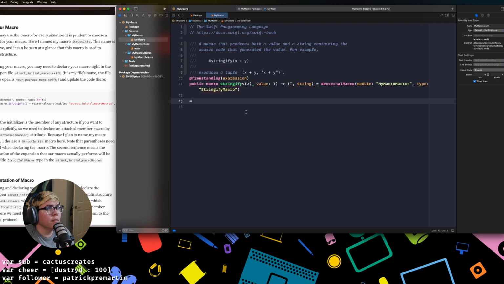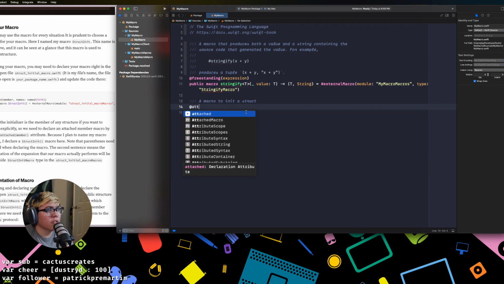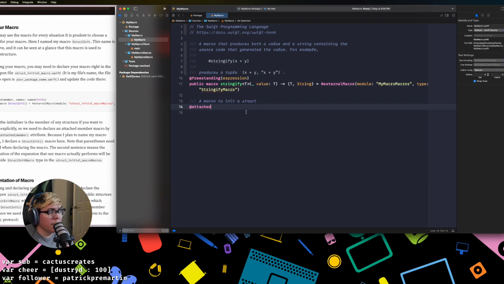So I think we can do this. A macro to add to initialize a struct. Wow, I cannot type. All right, so we'll do it as attached, because we know we already need to attach, because that's going to grab the options here. Member names, named init,